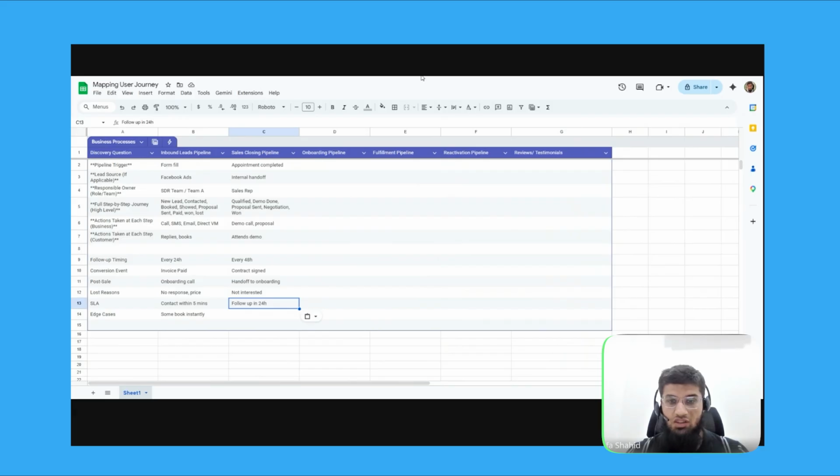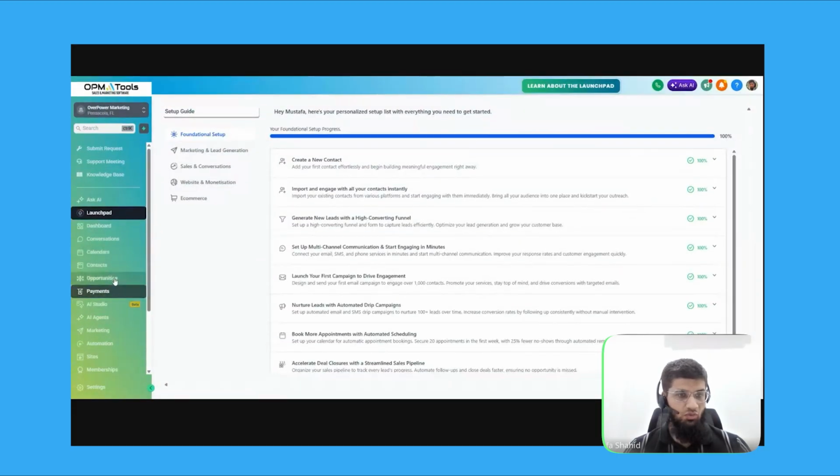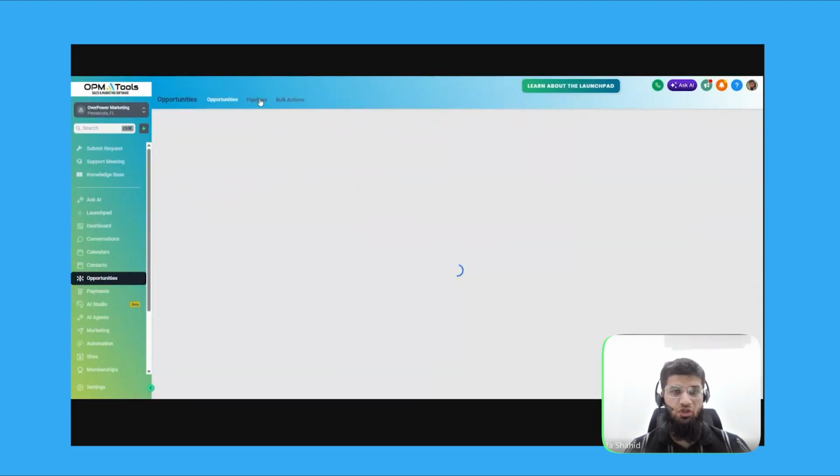Then we move into the last stage, which is the edge cases. So what should happen, or what is the best case scenario that might happen? That someone just skips a demo entirely. So this is how you would be mapping your user journey. You'd be entering different pipelines, and then you'll be adding this information over here in order for us to understand what needs to be done. Once that has been done, what we would do is share this tab. We would go into the opportunity section, go to the pipelines